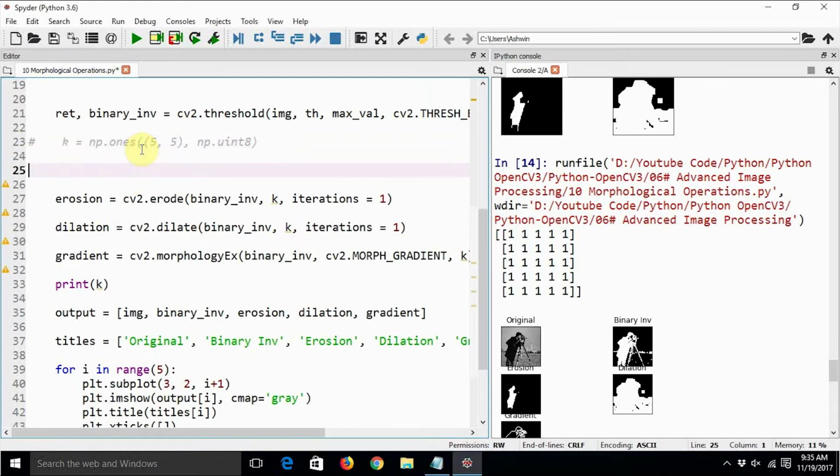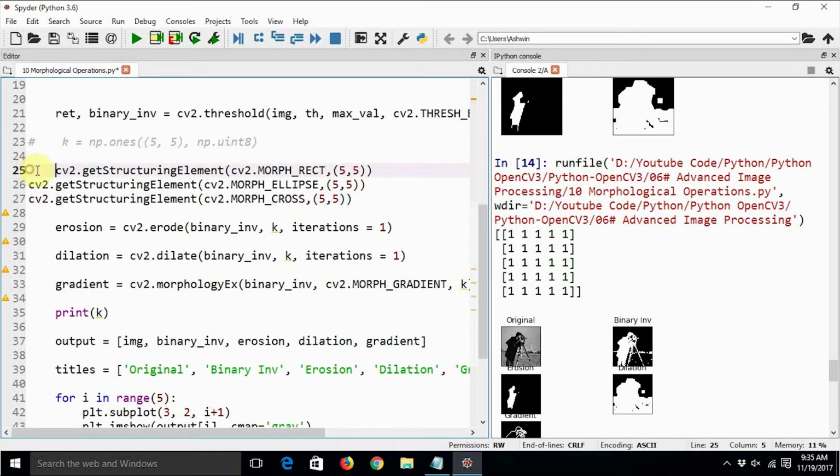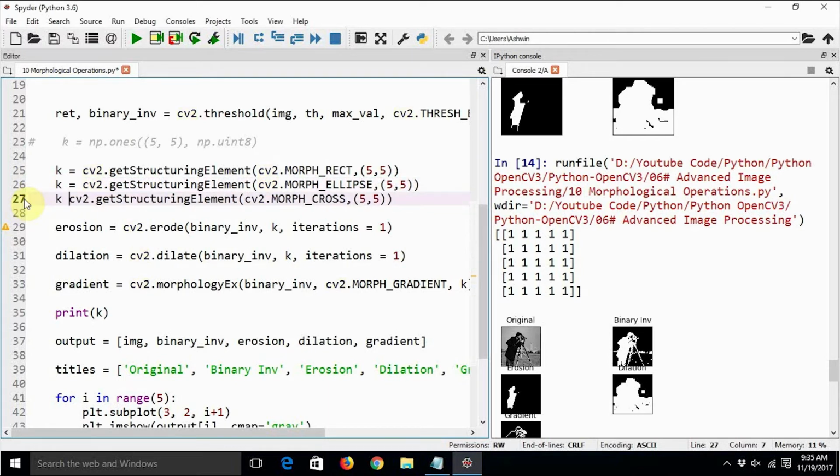We have commented this kernel. Let's have another customized kernel. So this kernel is going to be something like k equal to, and it makes a nice kernel. Anyway, we are printing the kernel, so you will be able to understand how this thing works. Finally, we will just comment the other 2 kernels.